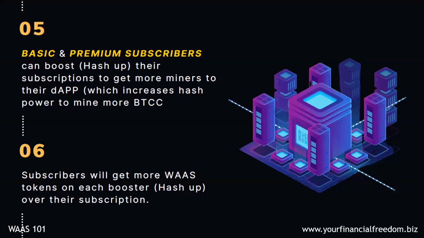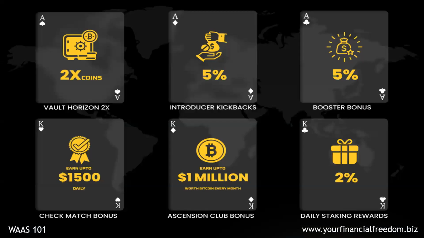Number 6, subscribers will get more WAS tokens on each booster or hash up over their subscription. So every time you run out and you purchase more hashing power by hashing up, you will get more WAS tokens. The WAS tokens will be swappable for Bitcoin when the 100 or the 500 days have been reached, okay? Default horizon, okay, so you will be paid in